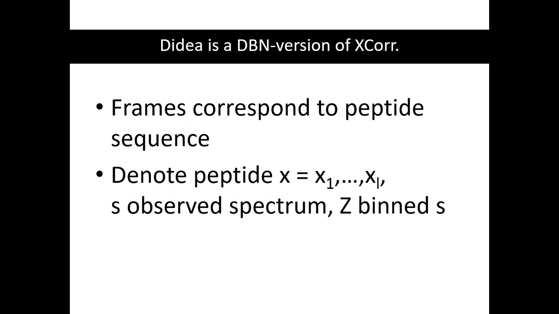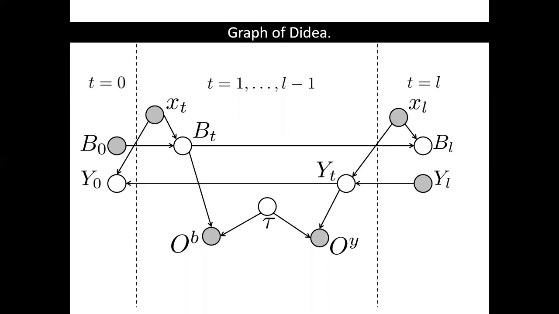The frames of the model correspond to the peptide sequence, the sequence of peptide characters. To look at it a little more in depth, we'll let X be an arbitrary length L peptide sequence, whose sequence of characters is X1 through XL. We'll let S be an arbitrary observed spectrum, and we'll let Z be a quantized version of S. The following is the graph of the DIDEA model. It's depicted as a DBN template, so nodes and edges are